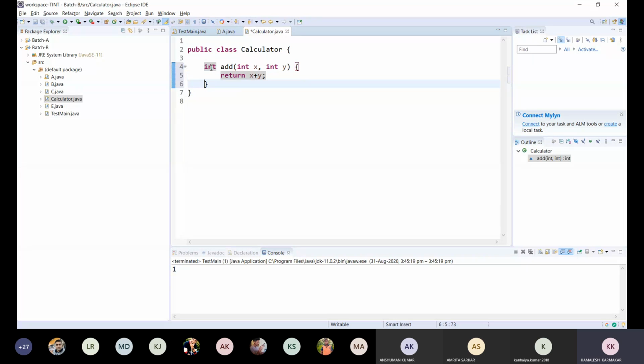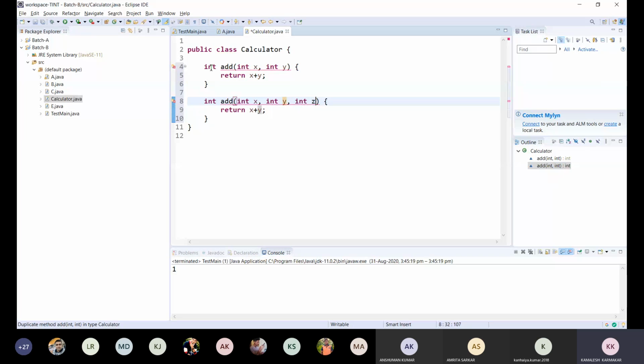Now, if I define another method which will add three variables, int z, here it will receive x, y, z and return the sum of them.